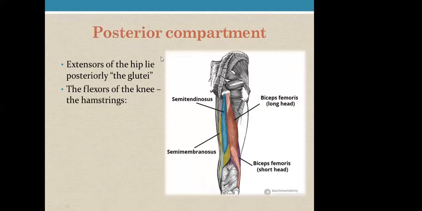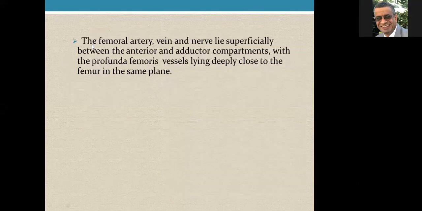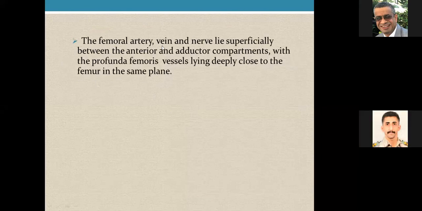The posterior compartment, the extensor of the hip, lies posteriorly, which is the glutei. The flexors of the knee, which is called the hamstrings: the biceps femoris, semimembranosus, semitendinosus muscle. The femoral artery, vein, and nerve lie superficially between the anterior and adductor compartment, with the profunda femoris